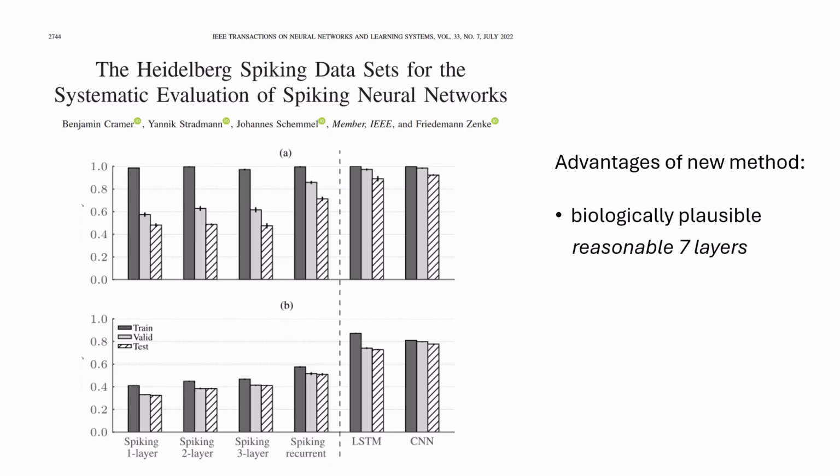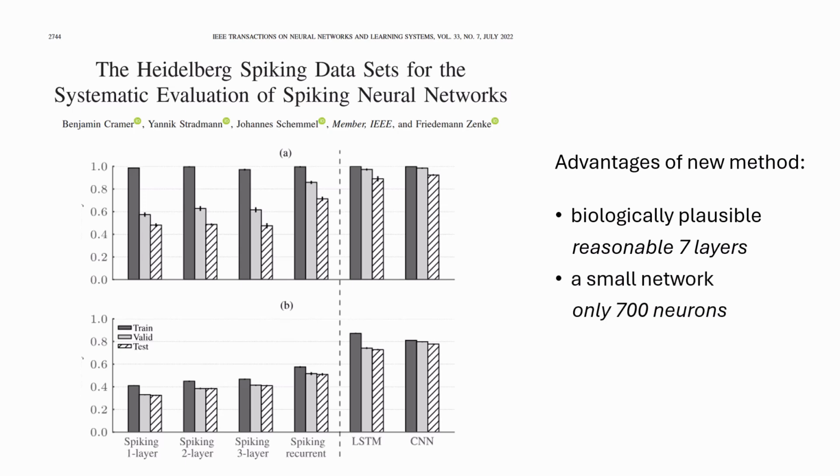First of all, it's biologically plausible. We know convolutional neural networks can have hundreds of layers. No one knows what they're doing. Spiky neural networks typically have only 1, 2, or 3 layers. This is far more biologically plausible to have a Legendre delay network for layer 1, another Legendre delay network to create the mixing ensemble for layer 2. We have a complexity ensemble extracting those features in layer 3 with a random projections ensemble, a memory ensemble, an error ensemble, and a prediction ensemble. These 7 layers are far more biologically plausible.